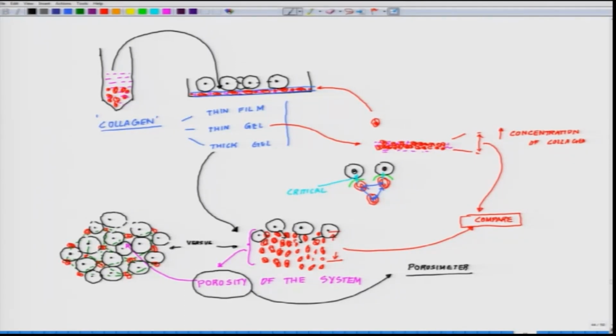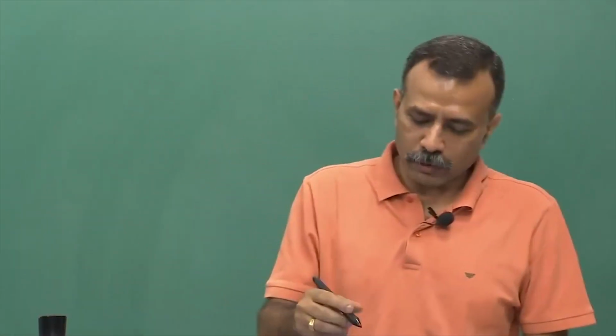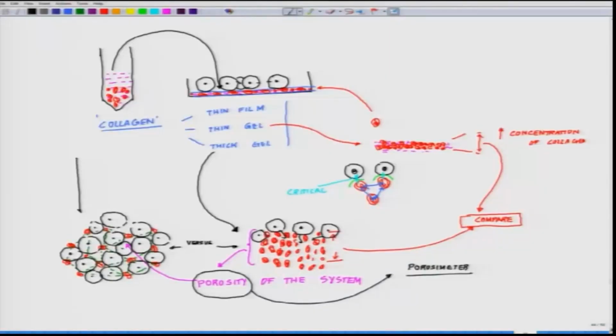So first of all, we talked about surface analysis with an AFM. Here also that will apply. You will be using atomic force microscopy to analyze the surface. Here also you will have to use contact angle measurements to see how this gel is behaving on the surface, because otherwise, if the surface does not allow, then the medium will not move into these spaces. Fine. So then comes